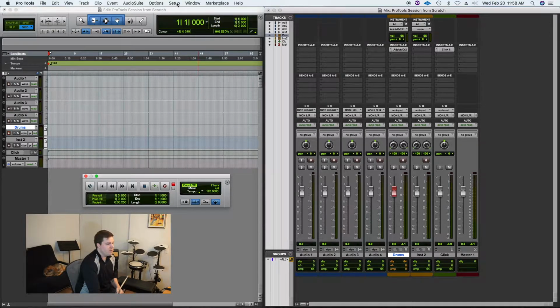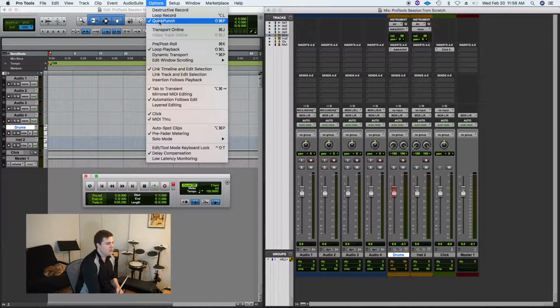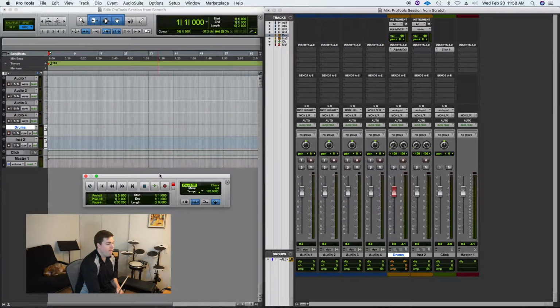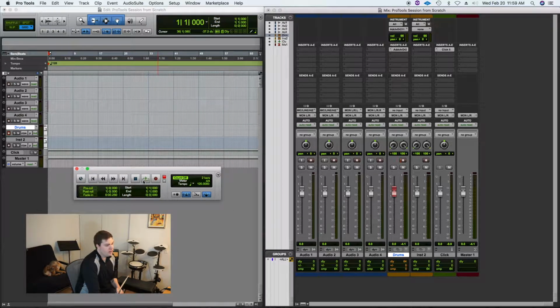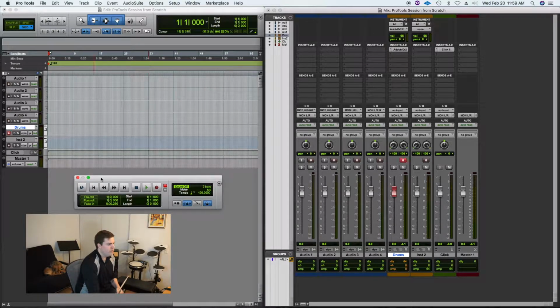We have some options set up. I'm actually going to turn Quick Punch off right now. You might see the little loop around this. I'm going to right click on that, turn loop off for now. And now it's just play, stop. Loop will loop around clips, I think they call them, in here. So we're going to track some drums. But first, I want to